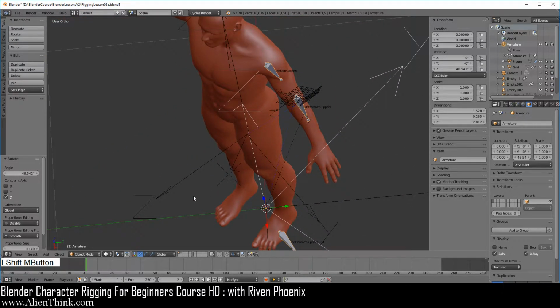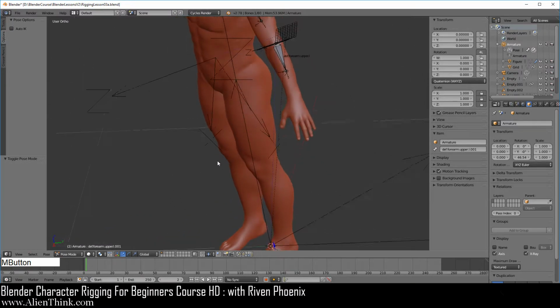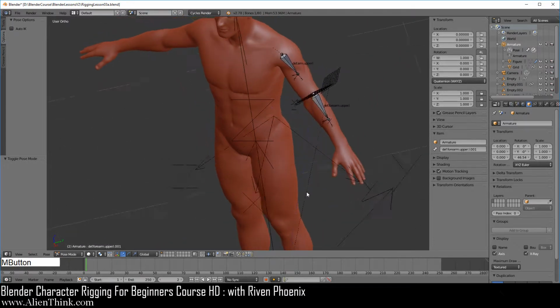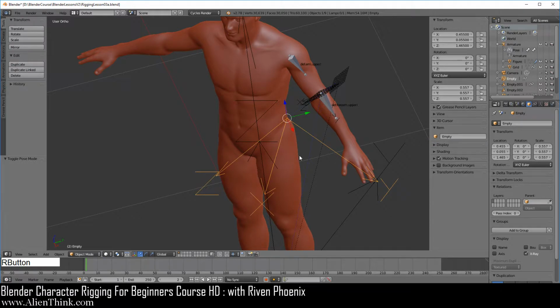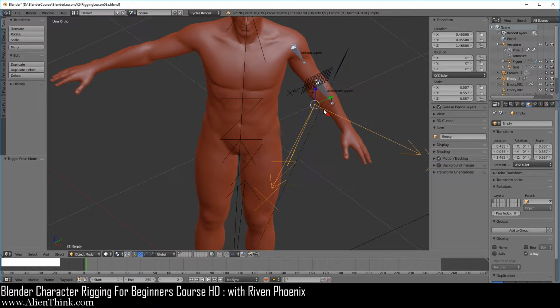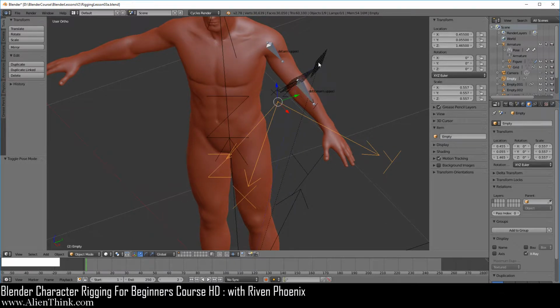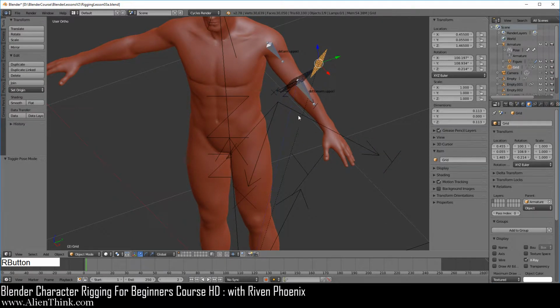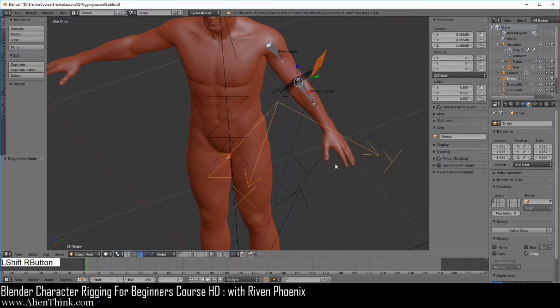So now let's go ahead and switch this back to pose mode. Now if we take a look at, okay, so this axis is getting left behind because we didn't do copy rotation. So in this case, all we have to do is click on this, press the Shift key down, click on this guy, do Shift Control C, and just do copy location.